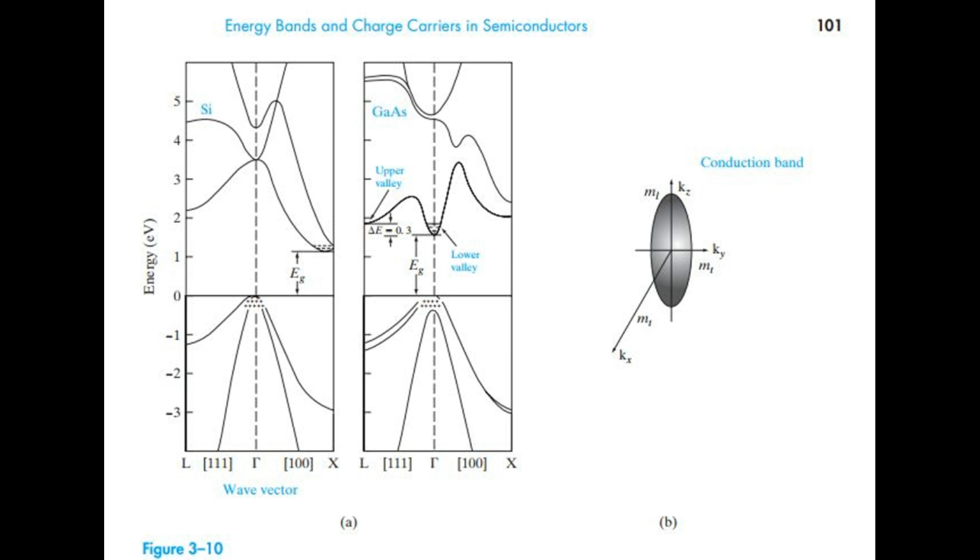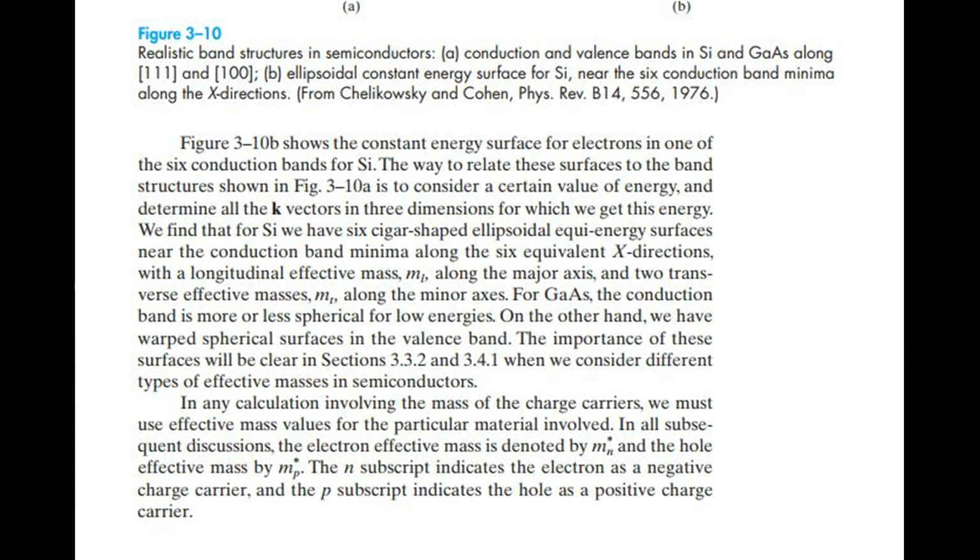Figure 3.10b shows the constant energy surface for electrons in one of the 6 conduction bands for silicon. The way to relate these surfaces to the band structures shown in Fig 3.10a is to consider a certain value of energy, and determine all the k vectors in 3 dimensions for which we get this energy. We find that for silicon we have 6 cigar-shaped ellipsoidal equi-energy surfaces near the conduction band minima along the 6 equivalent X directions, with a longitudinal effective mass, m_l, along the major axis, and 2 transverse effective masses, m_t, along